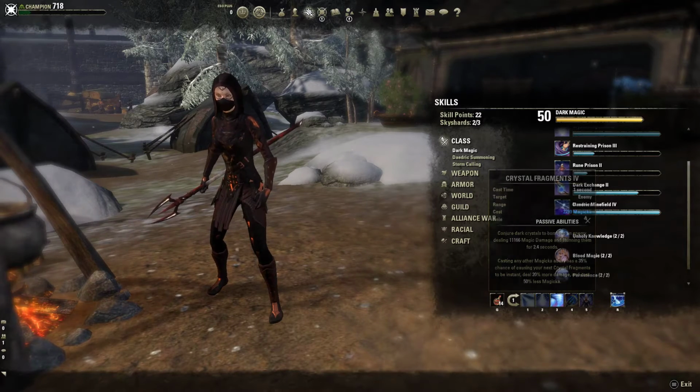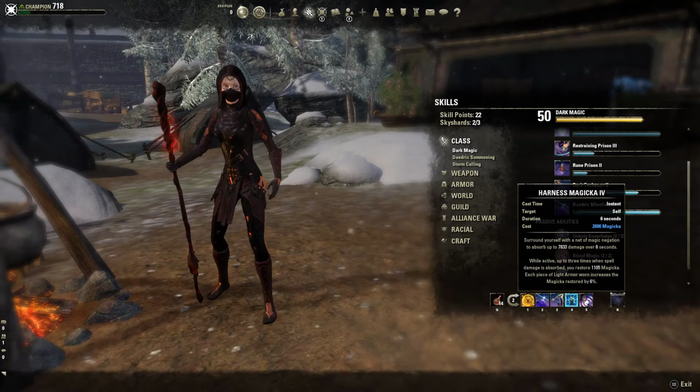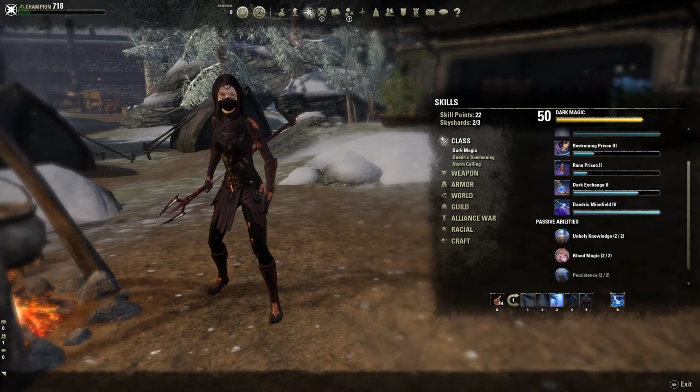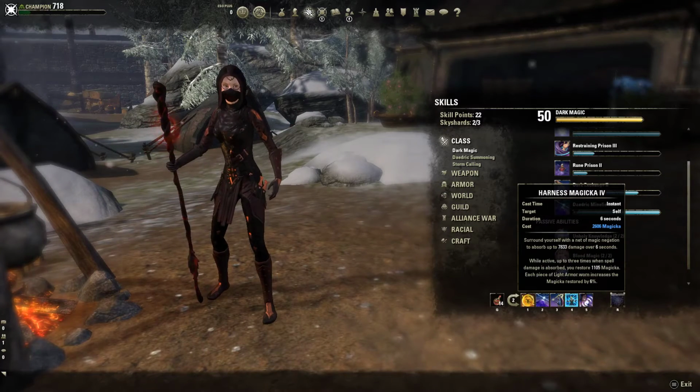So, yeah. And I put Hardened Ward on my offensive bar. I don't know if a lot of people do that. I've seen some people do that. But I like it because these skills, Hardened Ward and Harness Magicka, they only last 5 seconds now. Or, sorry, 6 seconds. So, I used to have it on my defensive bar, so by the time I would